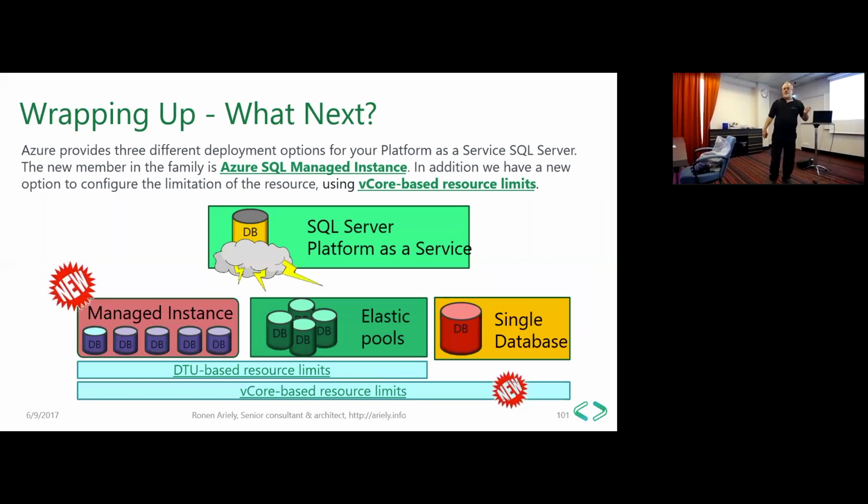Like the Elastic Pool, Managed Instance gives us the option to share resources between the databases, but this is where it starts and this is where it ends. It is a totally different feature, and this actually fits perfectly for the next lecture. So I can come next year or next week. Okay, it's a bit difficult from Israel, but I highly recommend you check this option before you choose which deployment option fits you.